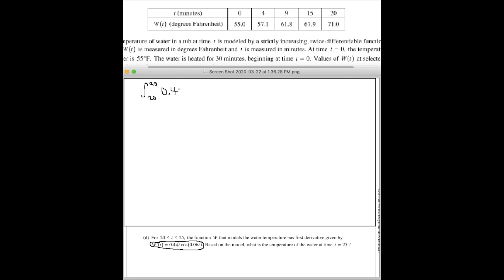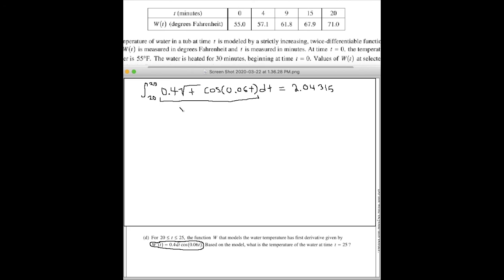The integral of 0.4 √t cos(0.06t) dt. Okay, and when we calculate that, again, I'm assuming that we are able to use a calculator here, we get 2.04315. Now, one thing that we have to keep in mind is this right here